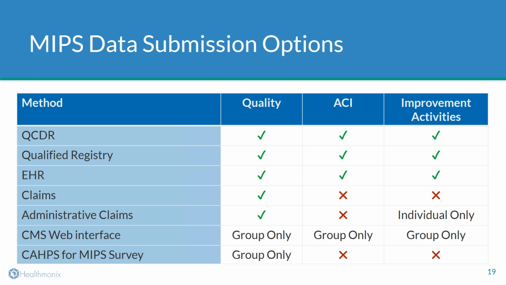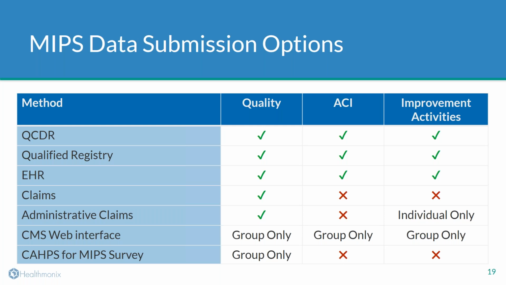And really, it's important to note that each of these methods might have different levels of available measures to report on. So as you consider your reporting or data submission method, you should make sure that the method you're considering can report on the measures that you want to report on. You can report quality data through claims, but not report ACI or improvement activities through claims. Additionally, through your administrative claims, you can report on quality, but not ACI and not improvement activities if you're reporting